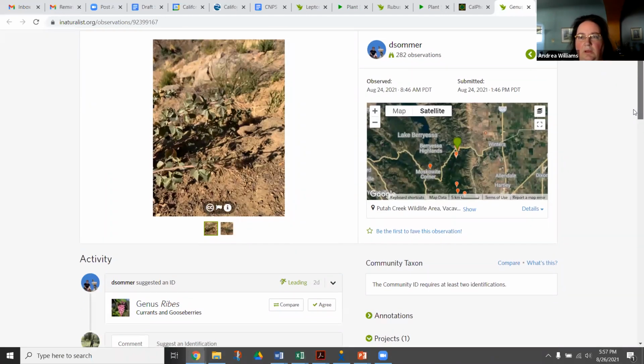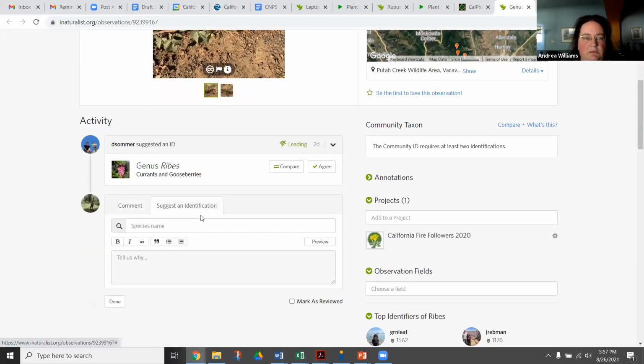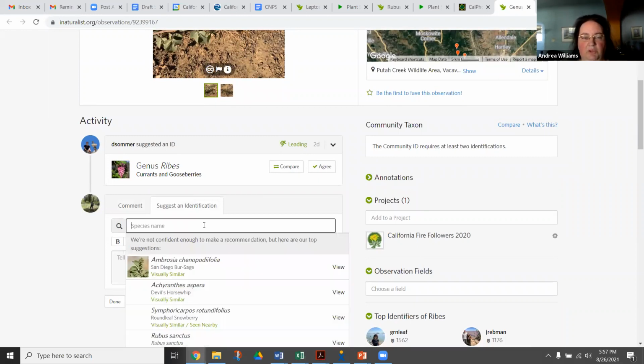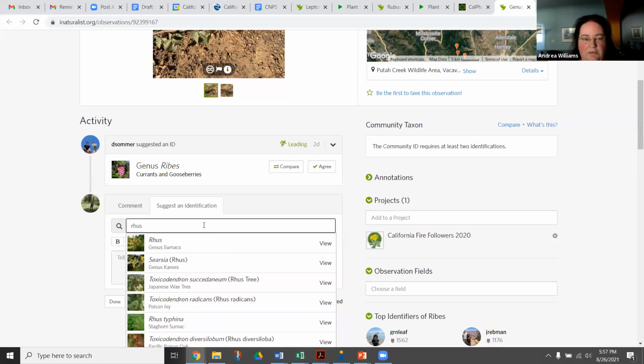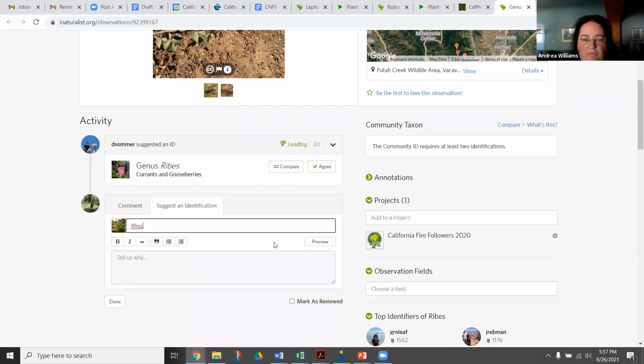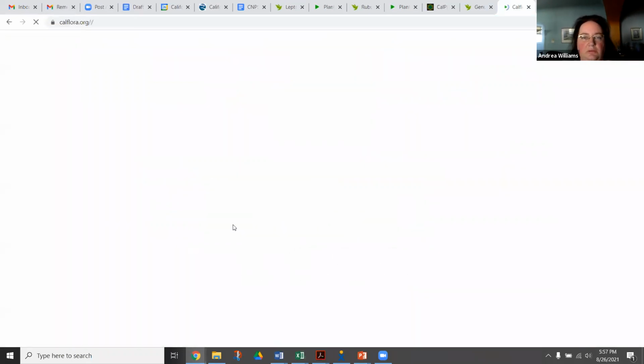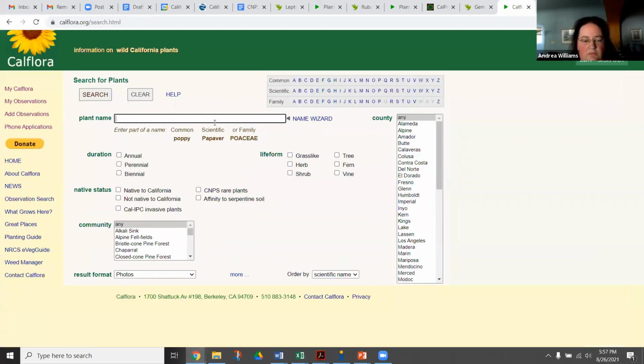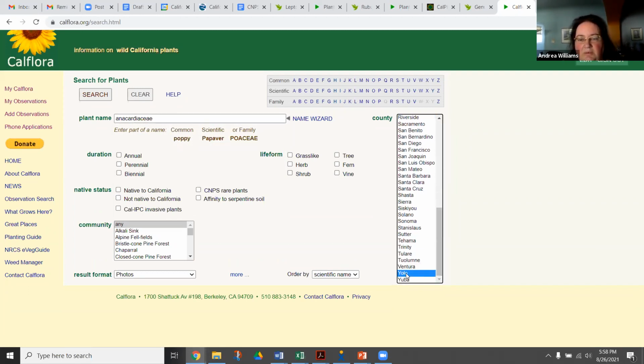So if I suggest the poison oak family, which is the, well, some sort of a sumac. And then I'm gonna go to, oh, I remember the family. It took me a minute. And that was in